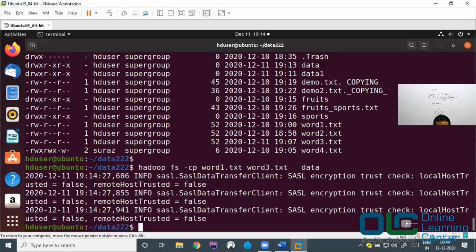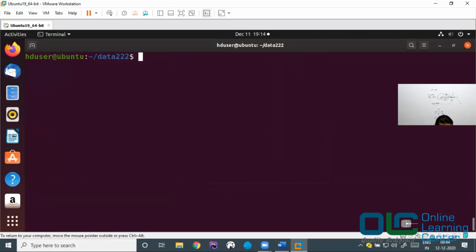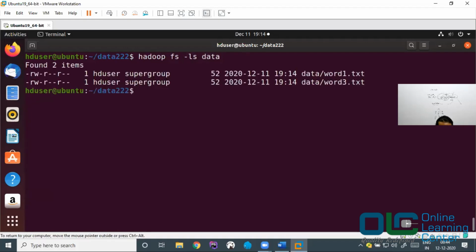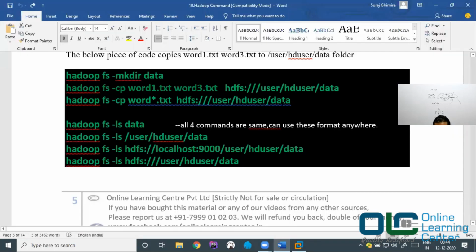Okay, so what happened is word1.txt and word3.txt, both of these files got copied into the data folder. Now let's say hadoop fs -ls data, right? So you are able to see word1.txt and word3.txt copied here. And that's how your copy command will work and copy the data into the destination,